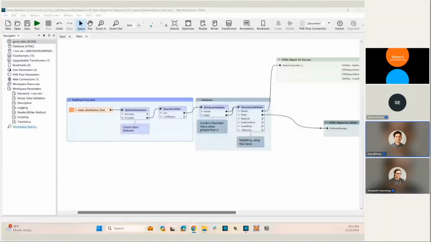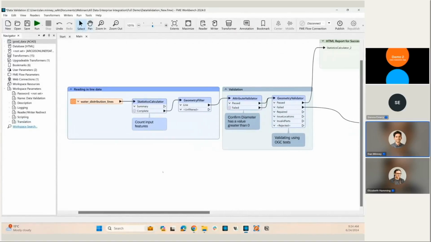And as you can see, we have a complete workflow built out here. So at the beginning of our workflow, we are reading in our AutoCAD DWG file. This is a data set of water distribution lines. And before we load our data into our